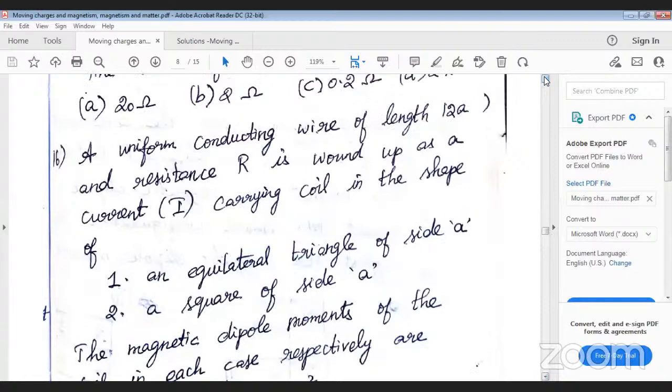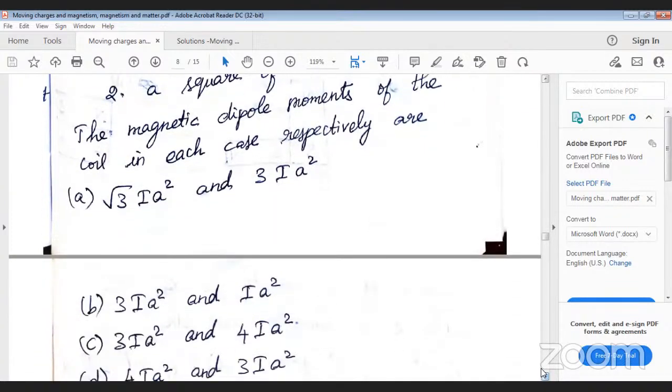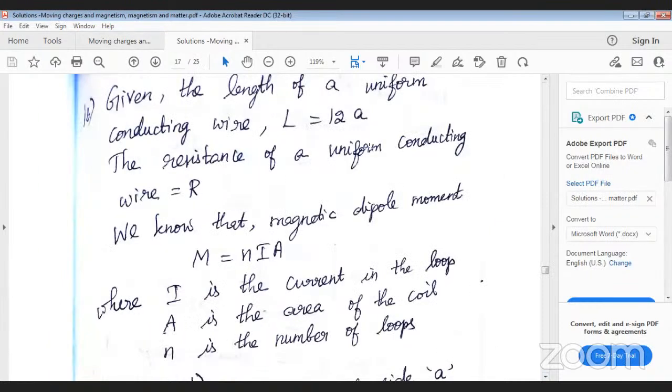So they are telling us that there is a uniform conducting wire having some length and resistance R wound up as a current carrying coil in the shape of an equilateral triangle of side a, square of side a. Okay, they are asking us to find out the magnetic dipole moments of the coil in each case. So for that, here you see the length of the conducting wire as given in the problem is L equal to 12a, and the resistance of the uniform conducting wire is capital R,